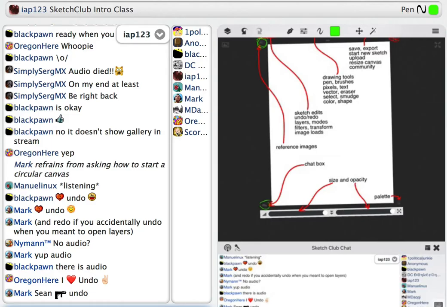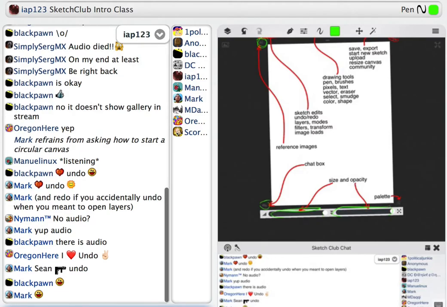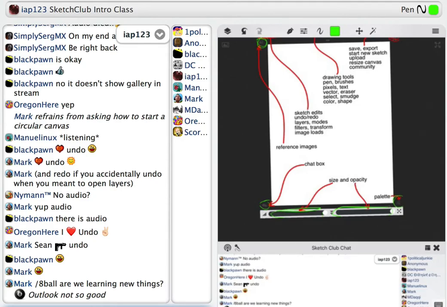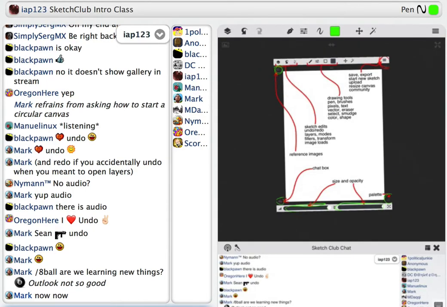We also have these two big bars at the bottom. So this bar here changes the size of the brush or the pen that you're using, and then this one here changes the opacity. So we'll just do that later on. And finally, just in the bottom right hand corner, you've got the palette, which is down here. So this allows you to load your own colour schemes, to edit that. So if you don't want to colour pick and you want to keep using the same colours over and over again, then you have an option here to be able to load your own palette. Okay, so that's the